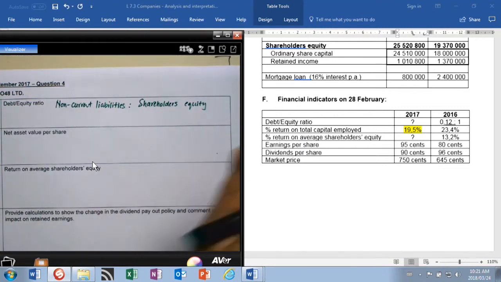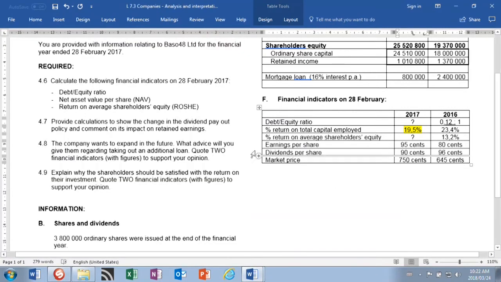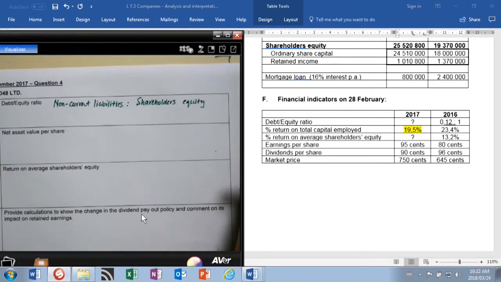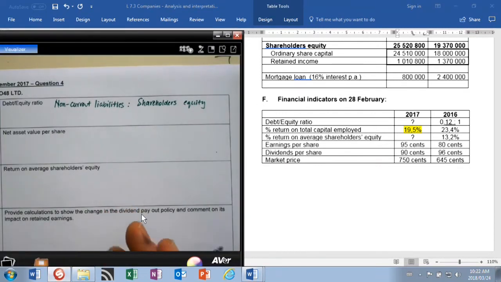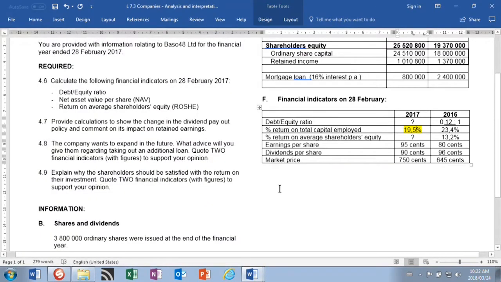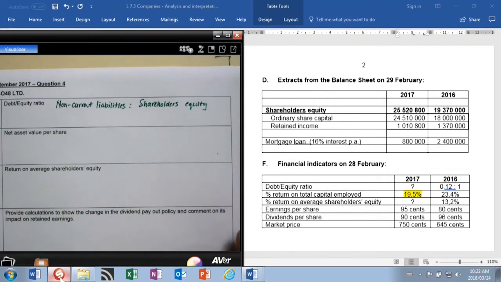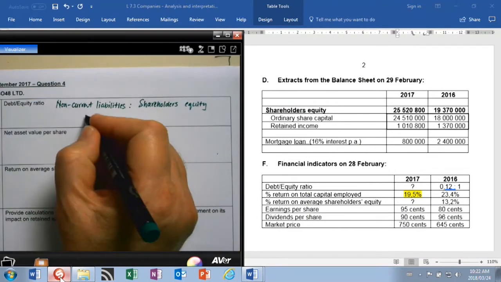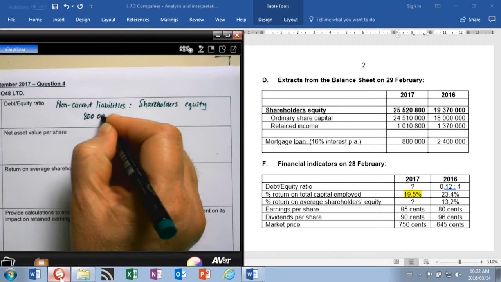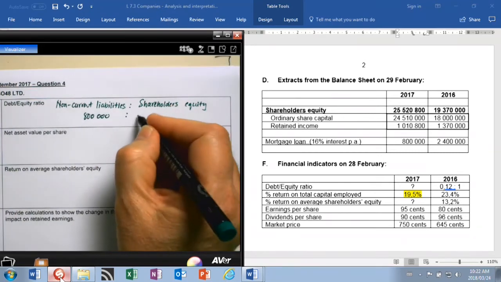And we're going to calculate it for this year, for February 2017. So we do the calculation for this year. So the non-current liabilities is your loan of 800,000. Your shareholders' equity is